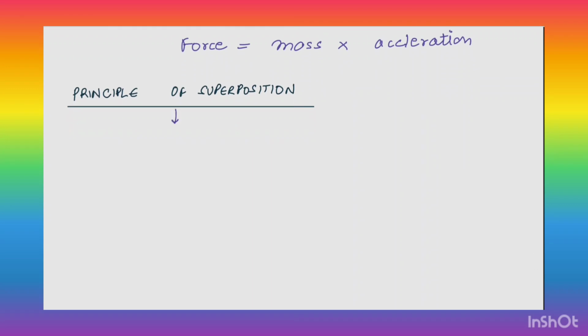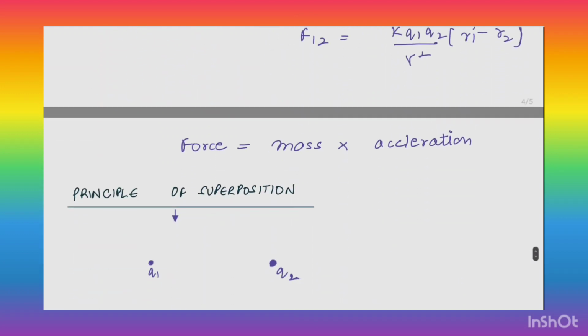The principle of superposition says that the individual forces between two charges are independent of the third charge. Means if this charge is q1, this charge is, let's suppose, q2, and this charge is q3, the force on charge q2, initially let's suppose only q1 is present in the system, therefore the force experienced by q2 will be due to q1 only. Now if a charge q3 is also inserted in the system, force on q2 due to q3 will also be experienced, but